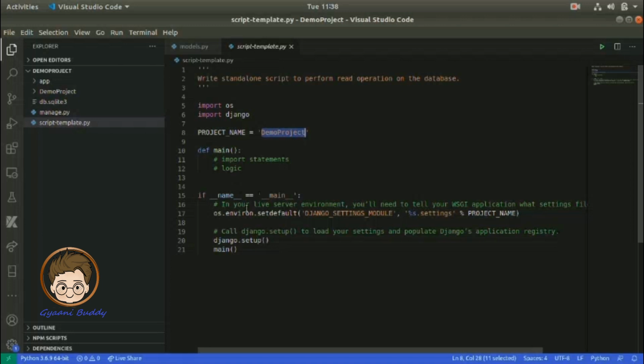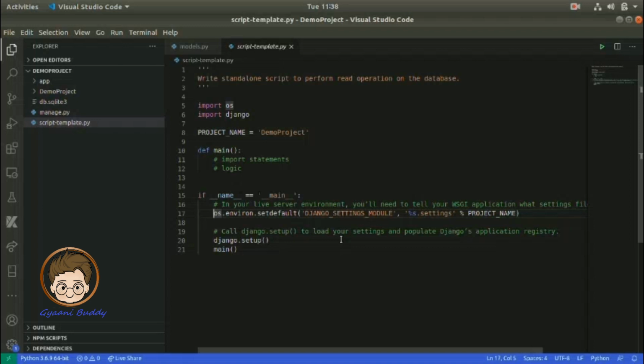Now let's see these two lines in the comments. I have pasted them from the documentation, but to understand in layman's terms, with this line we are telling the script where settings.py is located, and to use this settings.py to run the script.